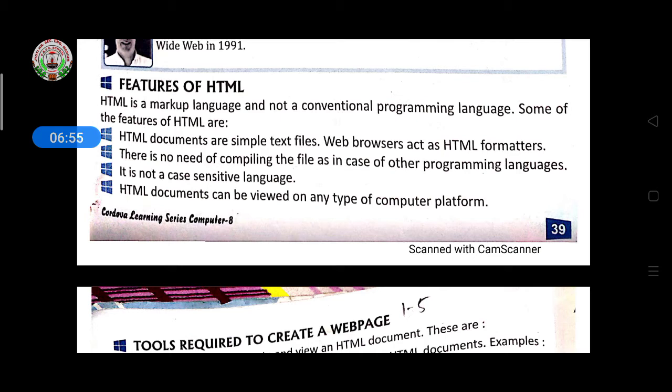Compiling means checking the code. Other programming languages like C, C++, Java have a compiler. Compiler means if you have typed 10 to 15 lines of a program, before executing it will be checked with the help of the compiler. If the compiler says there is no error, then it will show the output. If any error is there, the compiler will give a message that the line has an error. First of all, rectify that error, and then you will get the output. So in HTML, we do not have any compiling.